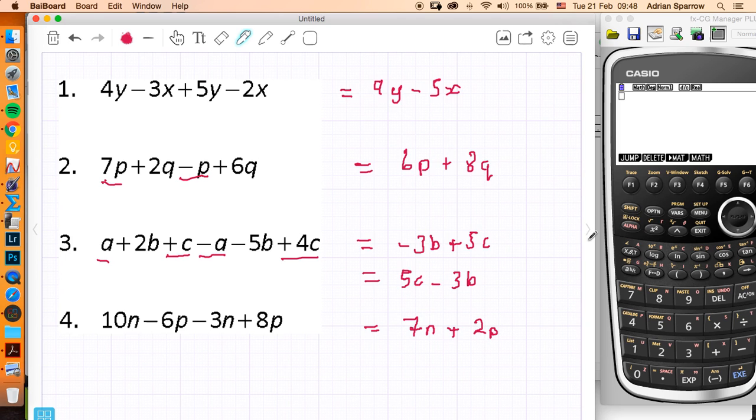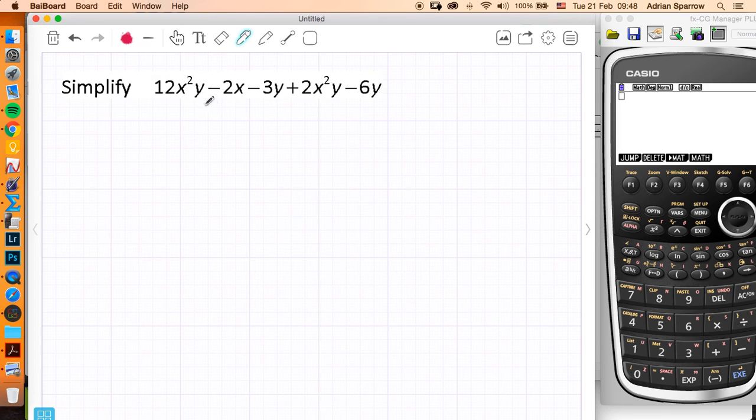Let's move on to some more challenging ones. Now we've got x squared y, and this is just x, and this is just y, and these are x squared y's, and these are just y's. Now we can't just add this y with this y, that's not correct. The only thing that I can add onto these 12x squared y are more x squared y's. So that and that I can put together to give me 14